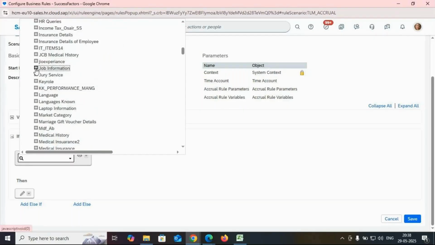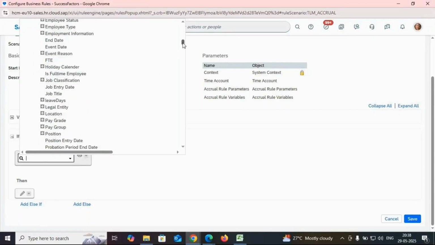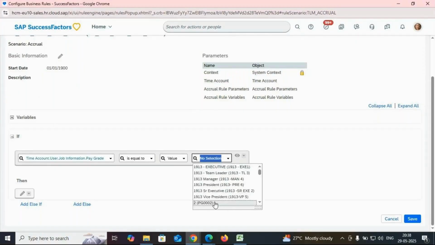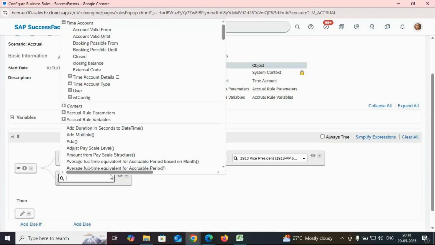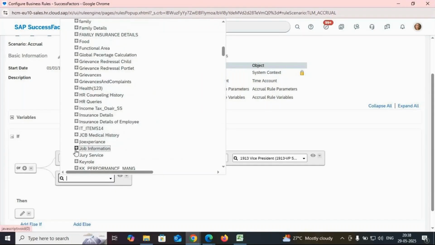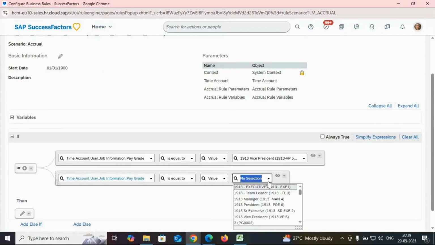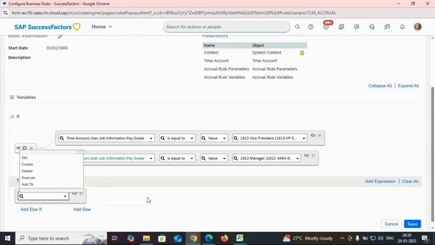Else, one more if condition. How can we query? If input logic under user, in order to query any of the portlets like job information, employment information, person information, etc., click on user. Right, come down slowly. There is a portlet named job information portlet, letter J, job information, expand. Do you have any field in the name of pay grade? We have the same requirement in my customer's business process, guys. Pay grade is equal to, just as an example I'm telling, any pay grades are available. Okay, something like vice president